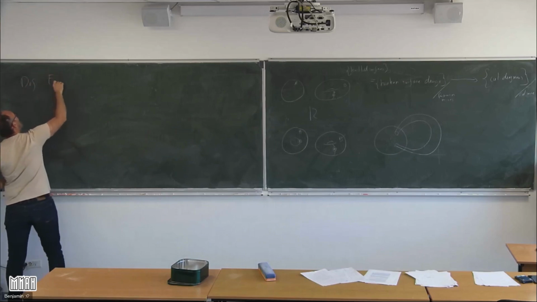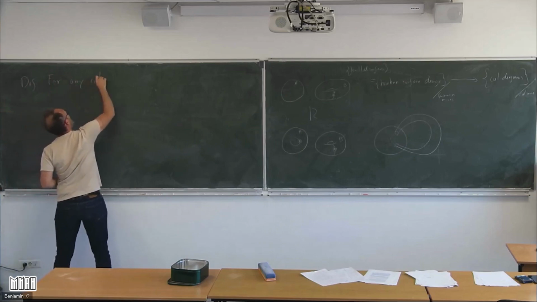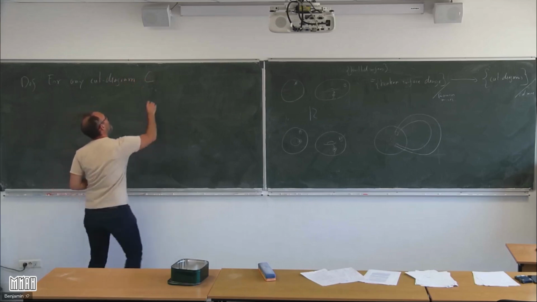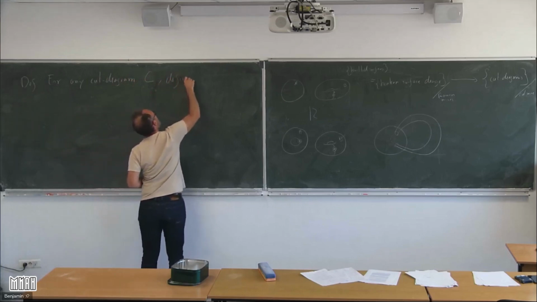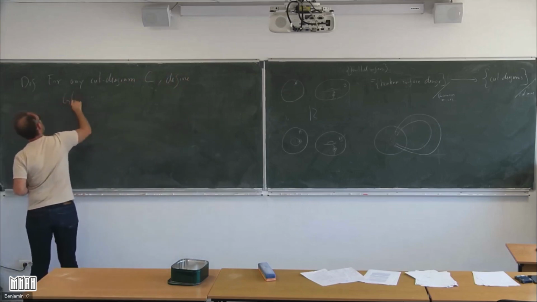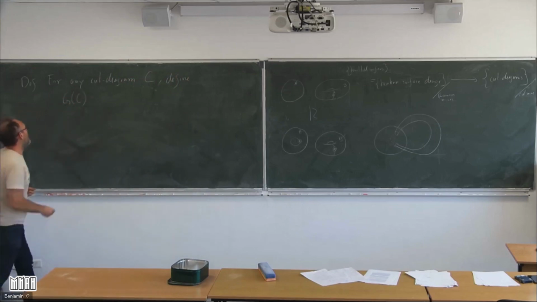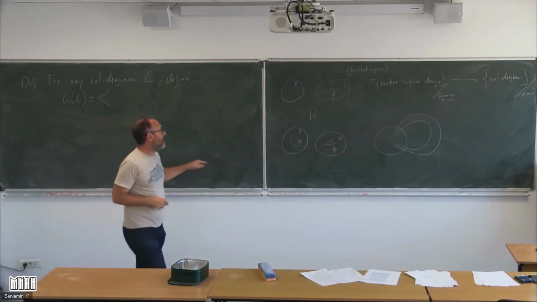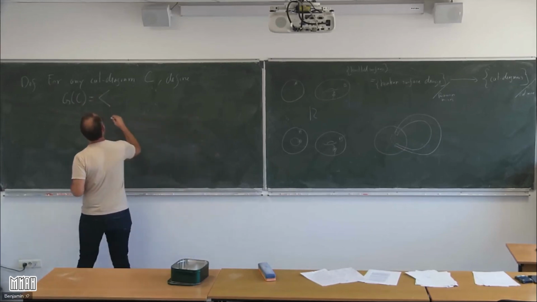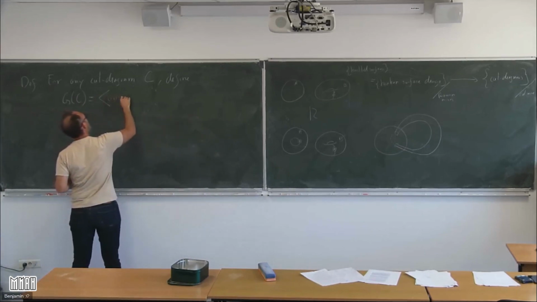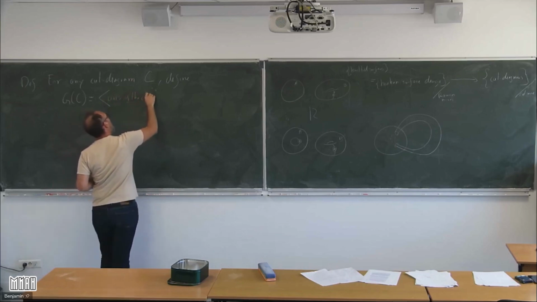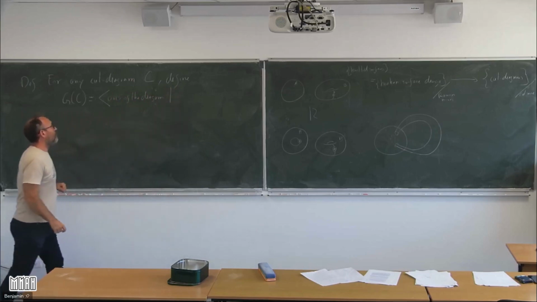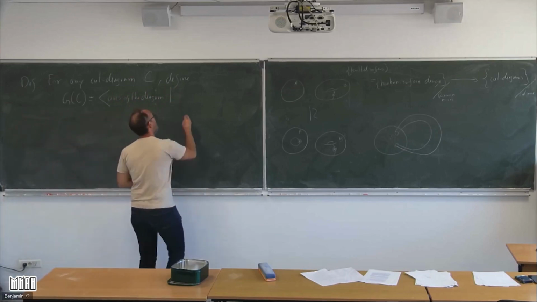So for any cut diagram C, we define G of C as the group generated by the arcs of the diagram